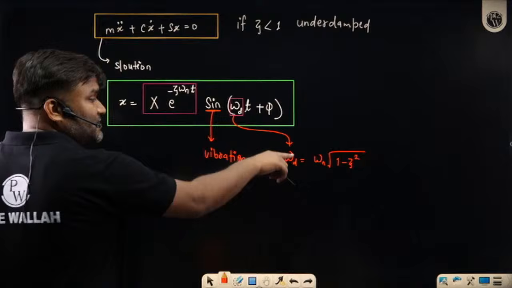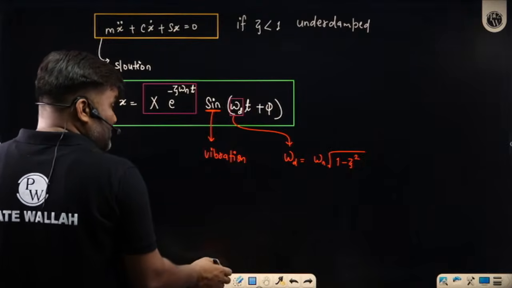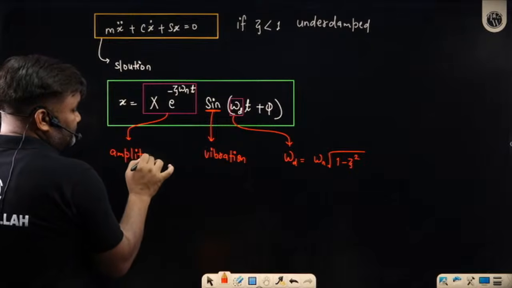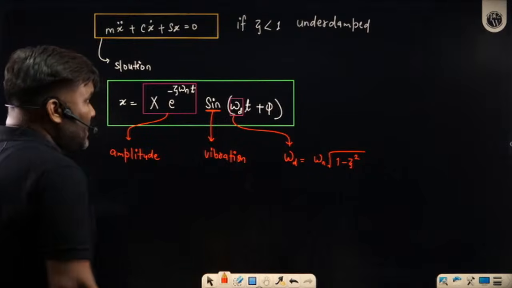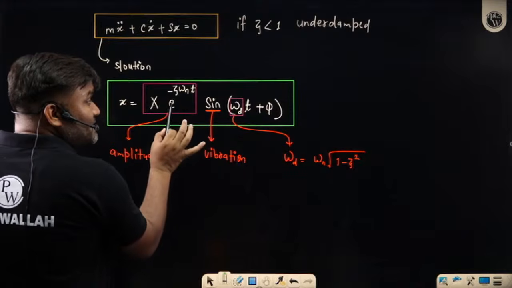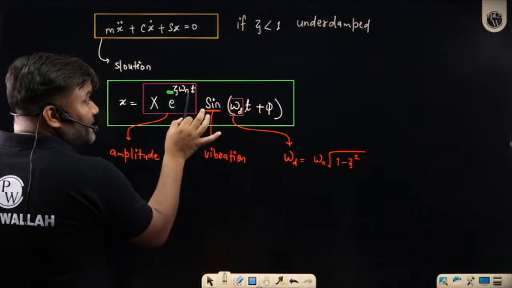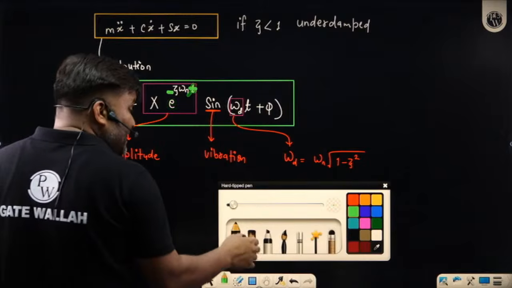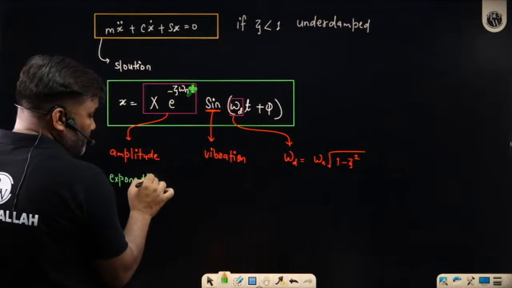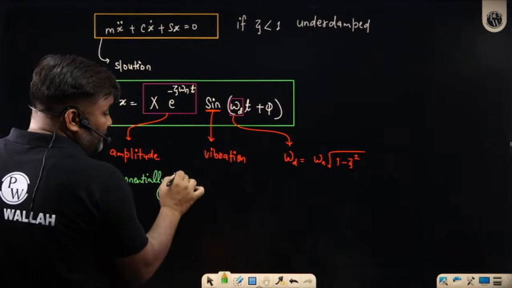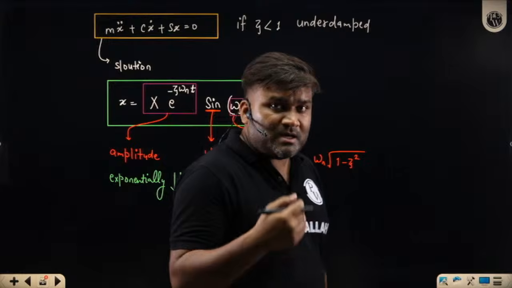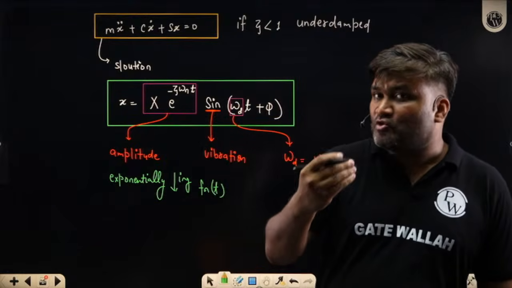So that is the frequency. And what is the amplitude? That's the amplitude of vibration. Even a blind person can see here that the amplitude is not constant. The amplitude is an exponentially negative function of time t, a decreasing function of time t, exponentially decreasing, which means slowly this amplitude is going to decrease.